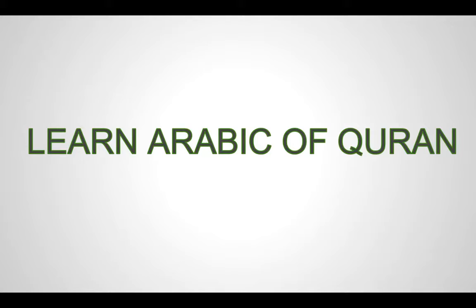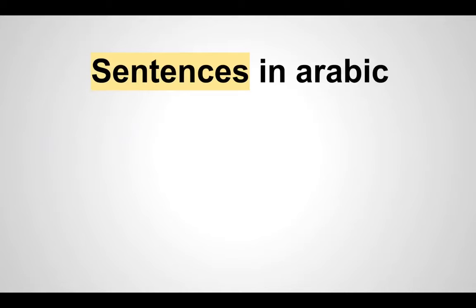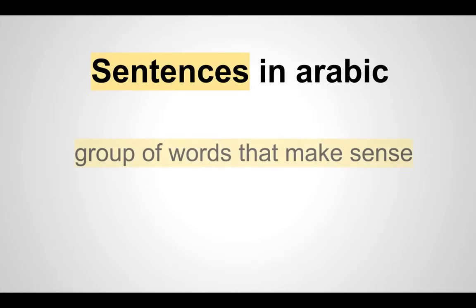So far we have learned about the types of words in Arabic: ism, fi'al, harf. We've also done the status of ism, halat al-ism: marfu, mansub and majroor. Inshallah, in today's class we'll be learning about the sentences in Arabic. We briefly touched in the previous session on what a sentence is. A sentence is a group of words that makes sense.